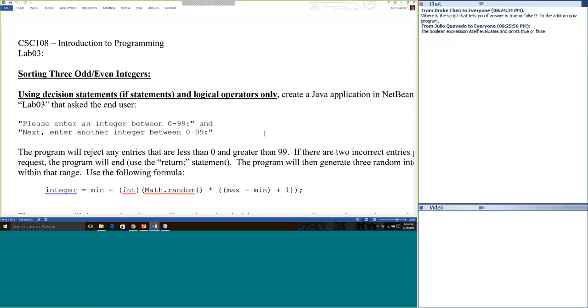Then just prompt your way all the way through, and you'll finally get the package created with the right name. The package will be lowercase lab 3. You write your code. So you want to have the package and the main class the same name as the project. Yes.